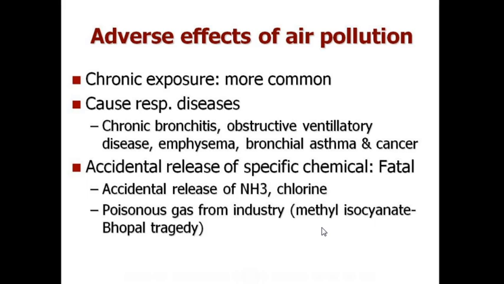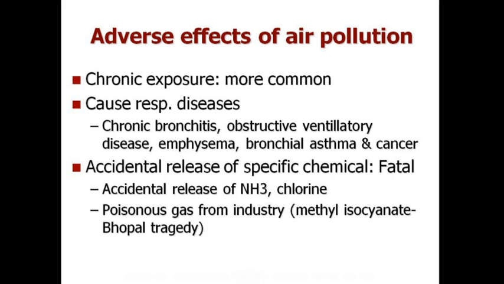Now, when the particles of this air contaminant get deposited in the lungs, what is the adverse effect? Usually the adverse effects are chronic in nature, and the common ones are respiratory diseases. The chronic respiratory diseases like chronic bronchitis, obstructive ventilatory diseases, emphysema, bronchial asthma, and even lung cancer. Now, the accidental release of some specific chemicals may become fatal. For example, chemicals like ammonia and chlorine, when accidentally released, can cause contamination of the air, and when inhaled by humans, it can cause many lung